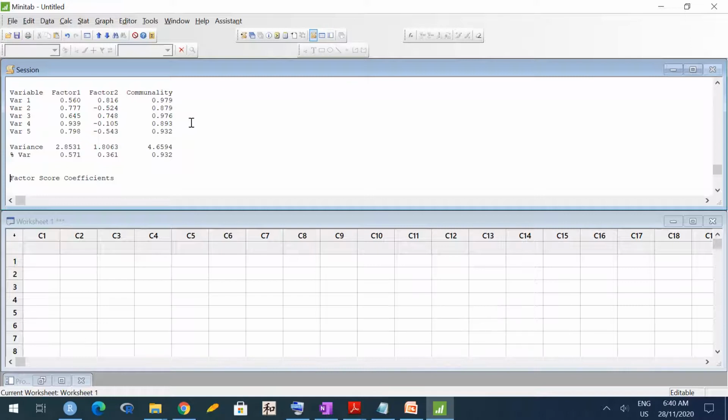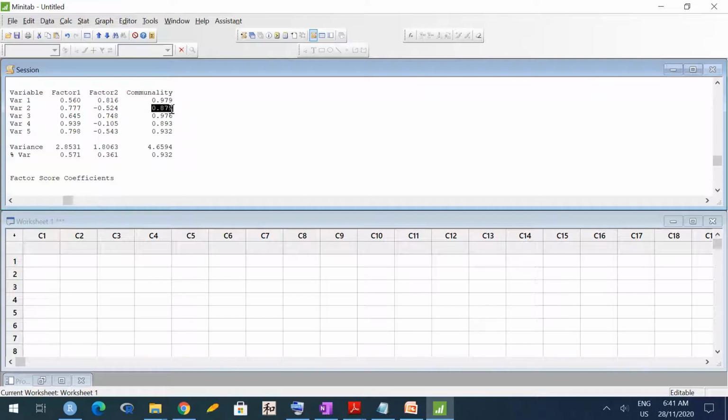Okay. Now here, this is 0.979, which means that the first variable is almost completely explained by the common factors, 97.9%. How do you compute this as percentage? This communality divided by sigma 1 1 square. Then second communality divided by sigma 2 2 square. So here, because we are using correlation matrix, all the sigma i's are 1. So these can be treated as percentages.